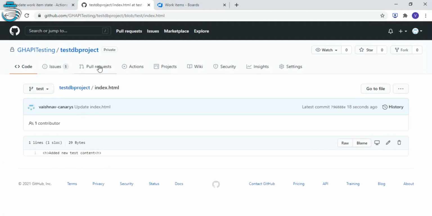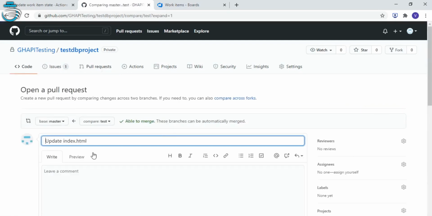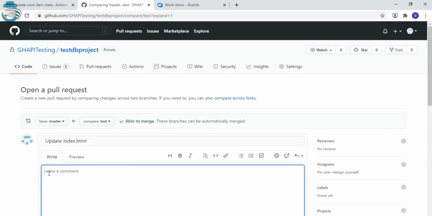So I made the change. Now I'm going to create the pull request, and here I'm going to link my work item. I'll add some description. Content is added, and I'm going to link my work item.